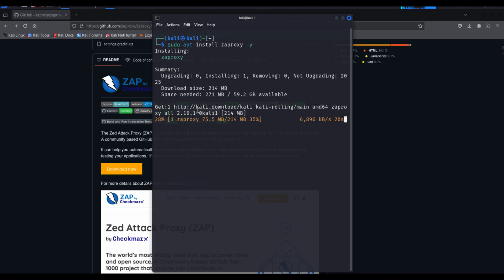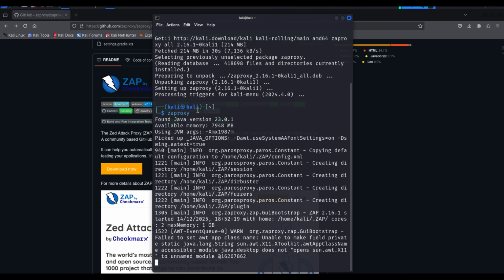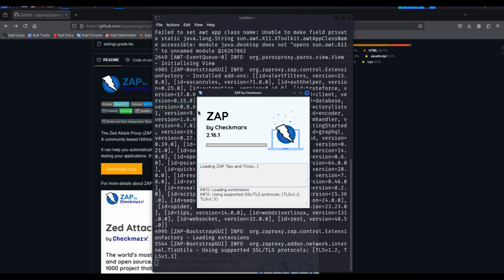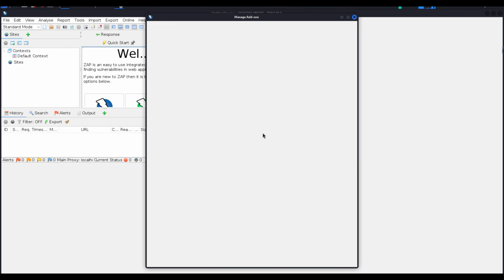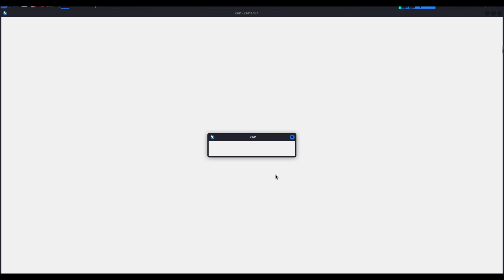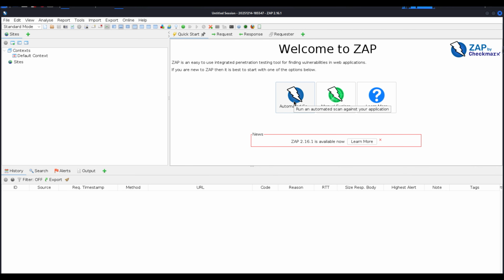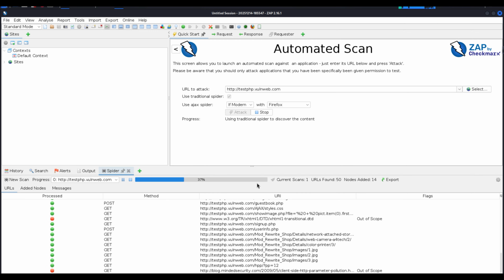ZAP can be used for both manual and automatic web penetration testing, making it useful for beginners as well as security professionals. After installation, just type zaproxy in the terminal, and OWASP ZAP will start automatically. OWASP ZAP can detect common web application security issues such as SQL injection, cross-site scripting, XSS, insecure security headers, and authentication misconfigurations. Security learners, testers, and developers use ZAP to understand an application's security posture and generate reports for fixing